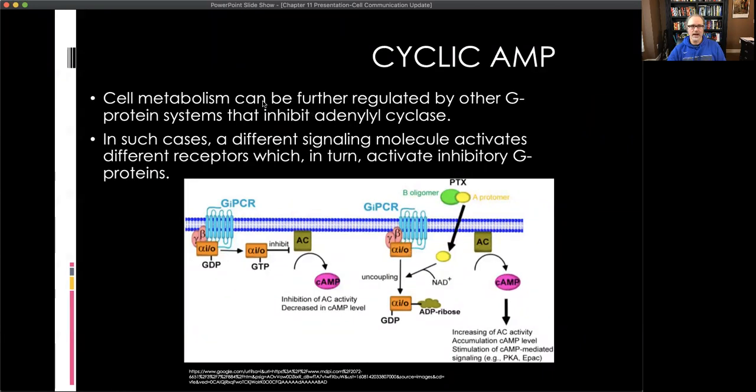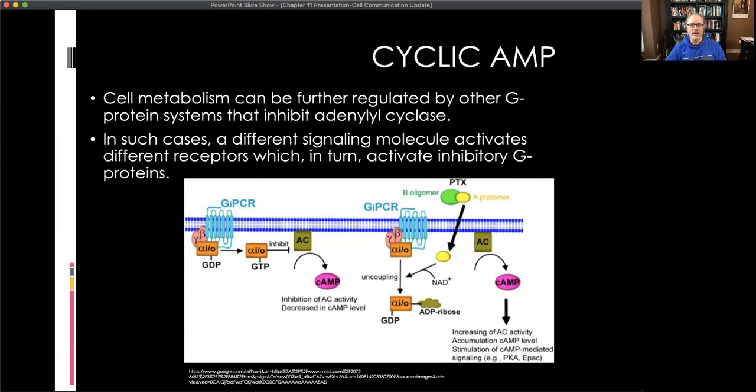Some of the pathways themselves can be regulated just from the standpoint of inhibiting this adenylyl cyclase. So some of them activate it and get the pathway going. And then another way in which you can regulate it is you can have inhibitory types of pathways. So if you guys remember what we were talking about earlier, in I think it was video one of the earlier videos, when we were talking about cholera and pertussis toxin. The cholera toxin led to a stimulated G protein, which activated the adenylyl cyclase molecule, and it just kept it